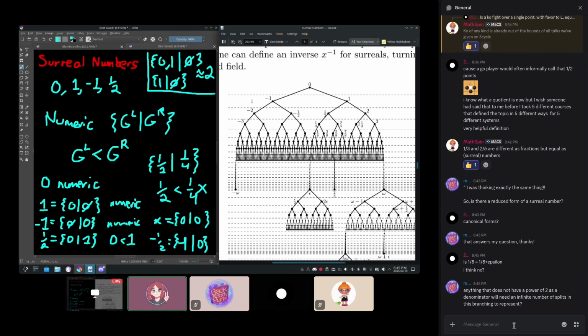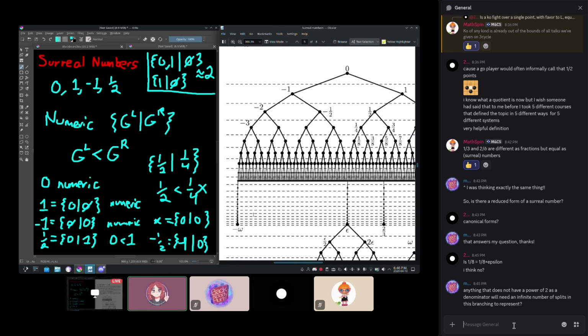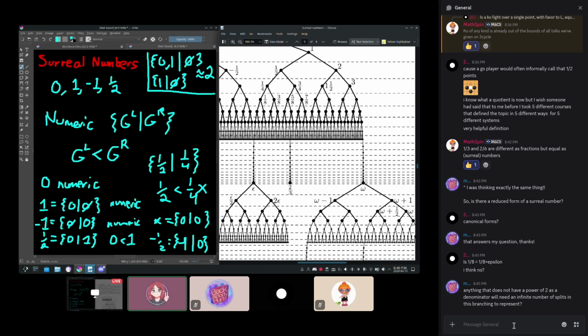If we keep going through the left branch, then we'll eventually get to -omega, which I did mention a bit earlier that omega was an example of a numeric game, and so that implies that it also corresponds to a serial number, right? We have -omega on this side. We have +omega if we just keep following the right branch. We have a bunch of other things here in the middle. For instance, if we take this alternating path, 0, 1, 1/2, 3/4, 5/8, and we continue, we eventually end up on 2/3 of all things.